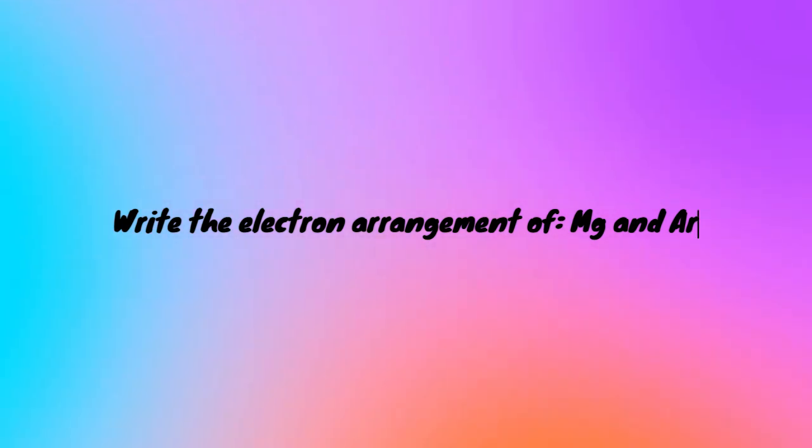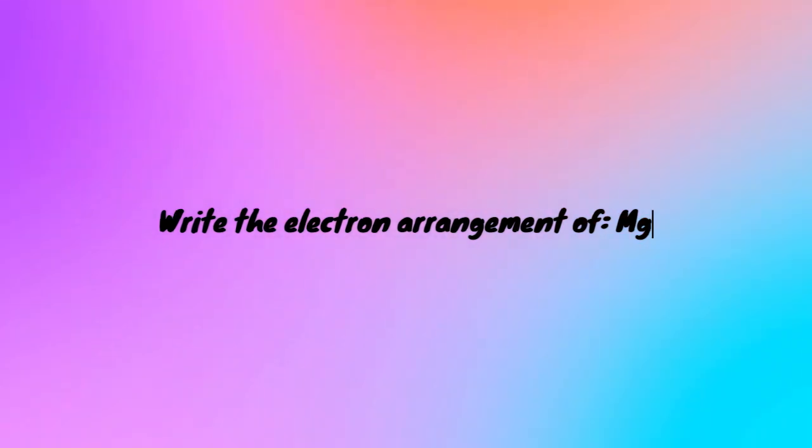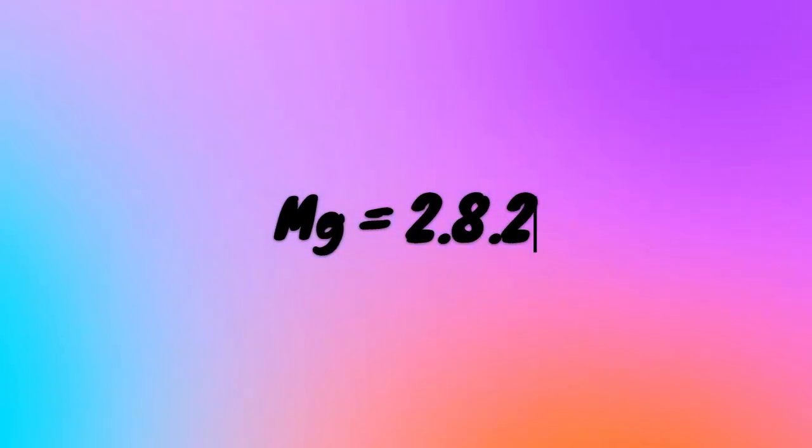Okay, so magnesium, if we look on the periodic table, we can see that the bottom number, the smaller number, our atomic number is 12, which means the number of electrons is also going to be 12. So when we need to write out the electron arrangement for this, we're going to write 2, 8, and then 2, and this is because we need to get to 12. We know that in our first shell, the inner shell can hold a maximum of 2 electrons, so that's going to be filled. And every other shell can hold a maximum of 8 electrons,